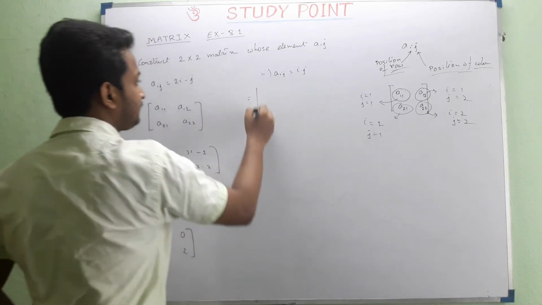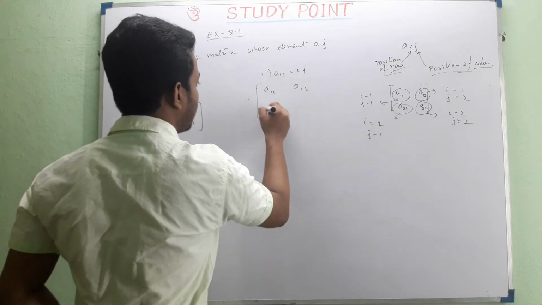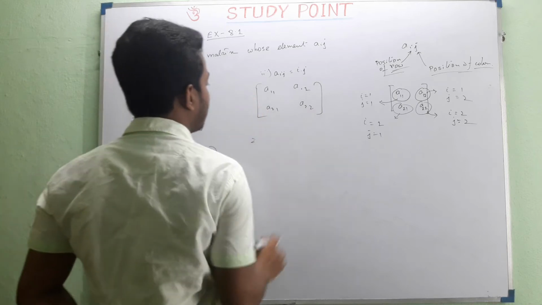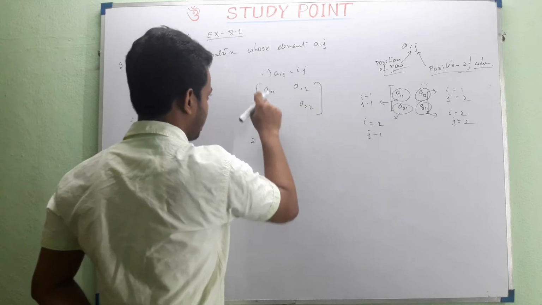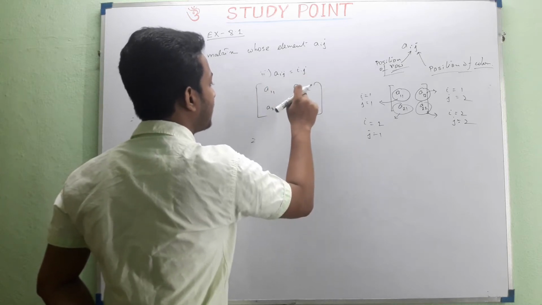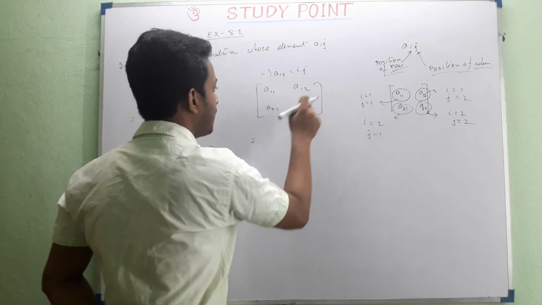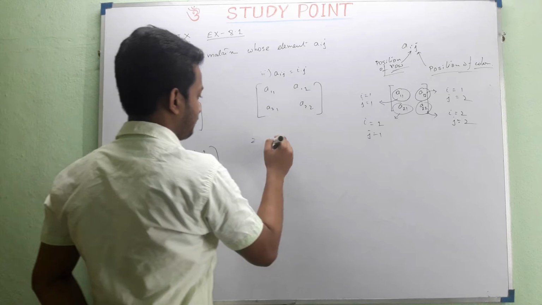Here also write like that: a11, a12, a21, a22. These are the matrix. Now we have to put the value of i as 1 and j as 1 for this first element, and for the second element the value of i will be 1, j will be 2. For this element the value of i will be 2, j will be 1. For this element the value of i will be 2, j will be 2. Okay, now see,